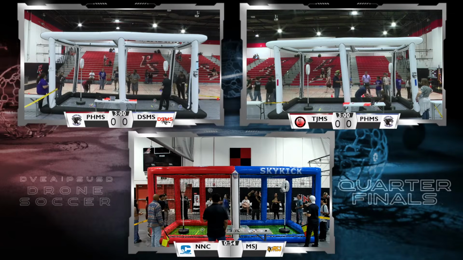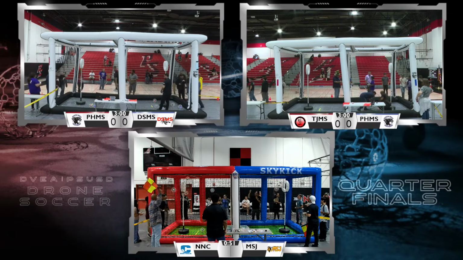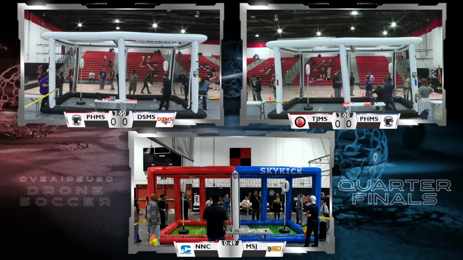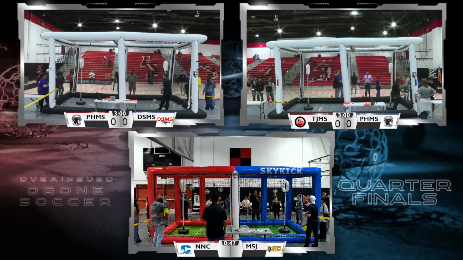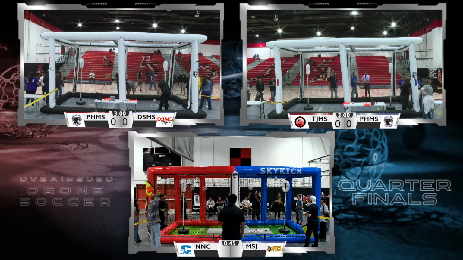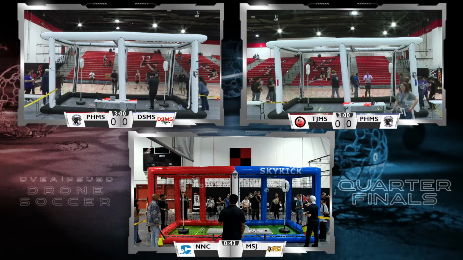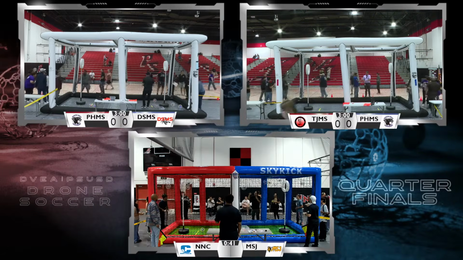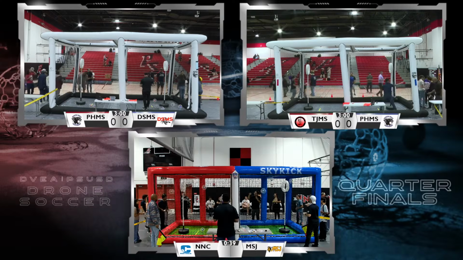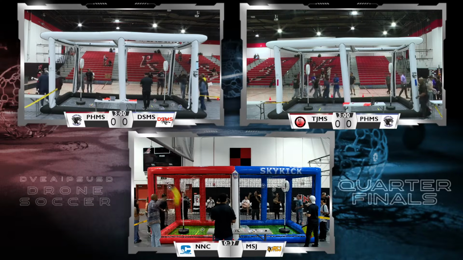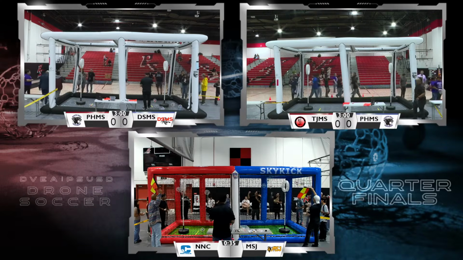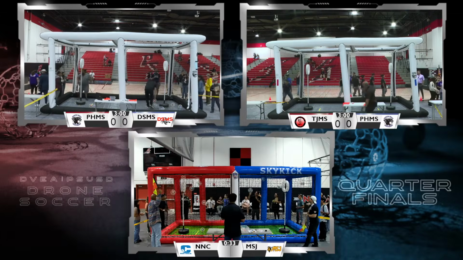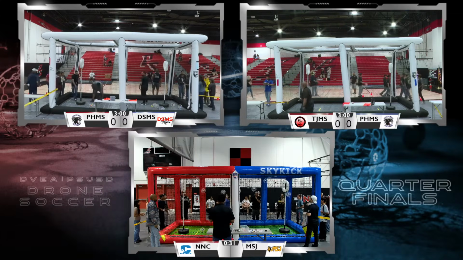Teams are very animated, getting their players through. We have another score from MSJ, very tight. Now this game in the first round, another score there, MSJ. This game was very tight in the first round with a completely tied score at the end of the round. So we know that this is going to go to a third set. There we have another score, and they're retreating back, and a score on the NCC side. So getting score for score, goal for goal.